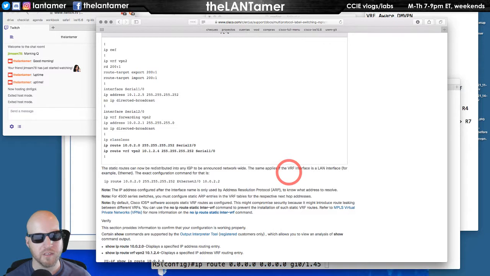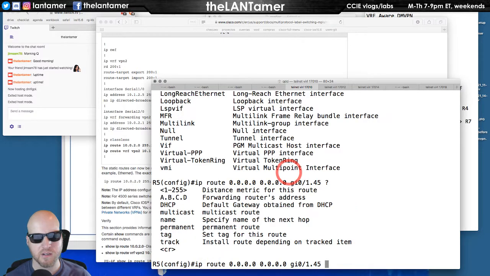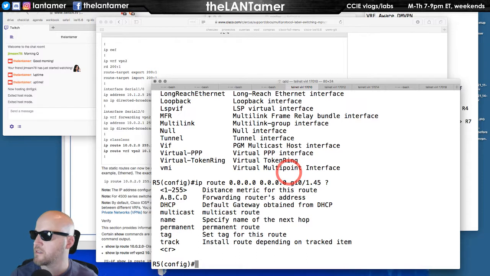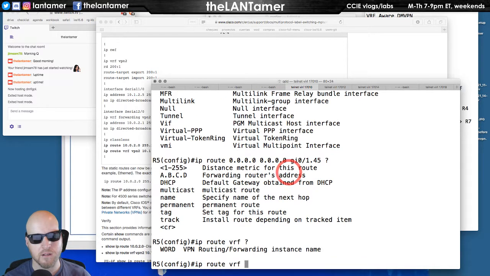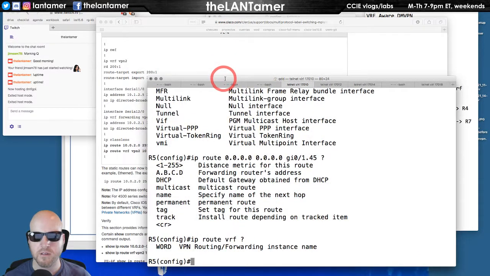But how do we tell it to use the VRF? Yeah, that doesn't seem like it's right. I know I'm kind of guessing here. Yeah, this is supposed to be in the global routing table. How do I